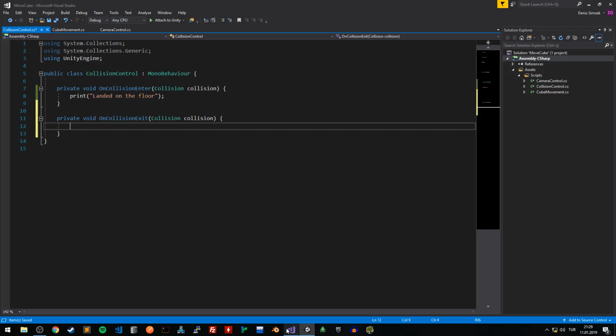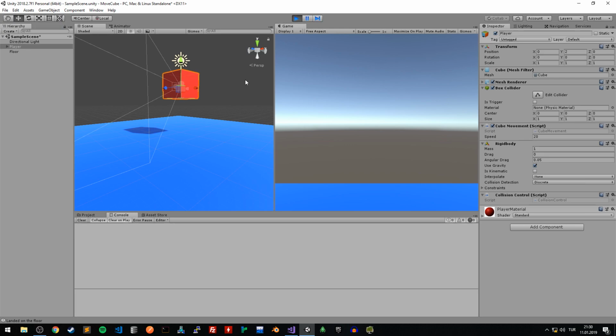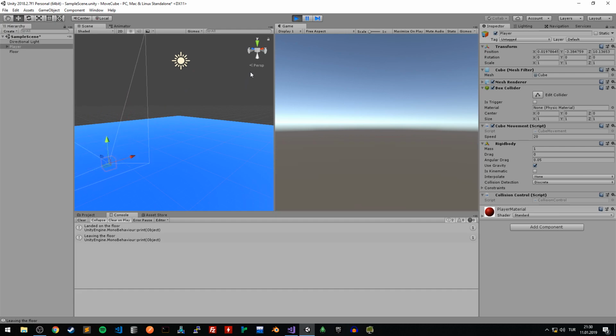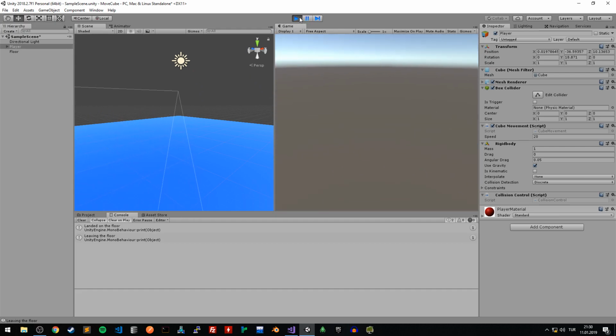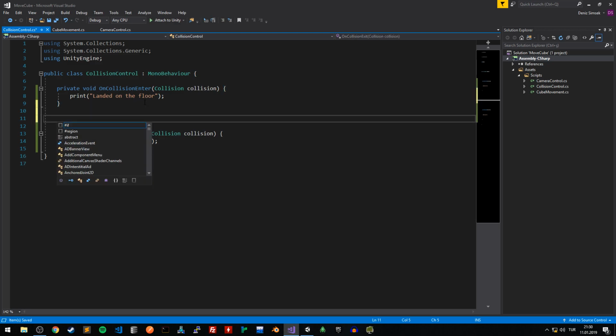Alright, let's test it. Let's print something in this function. Let's say "leaving the floor." Save and return to Unity, and let's start the game. As you see, when we first landed, onCollisionEnter is called, and when we start to fall, onCollisionExit is called. But there is actually a third method in the middle named